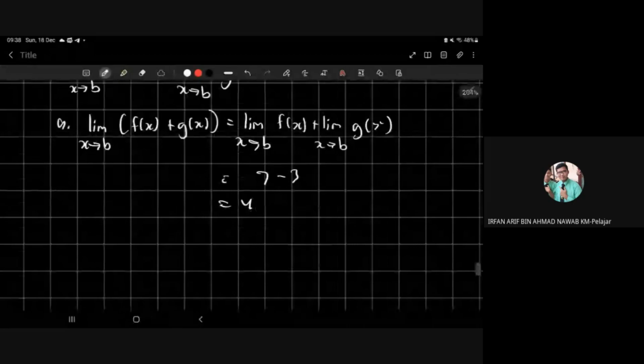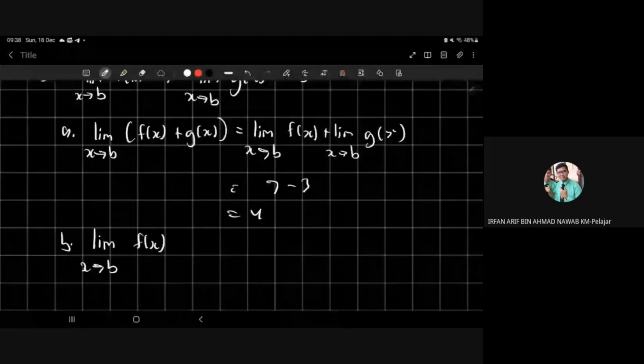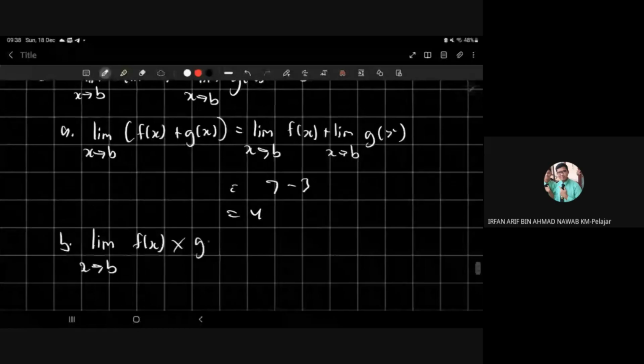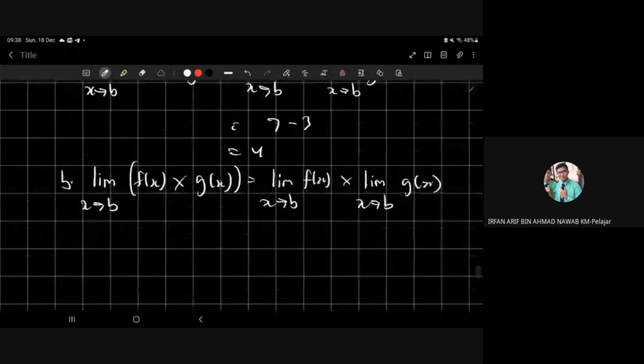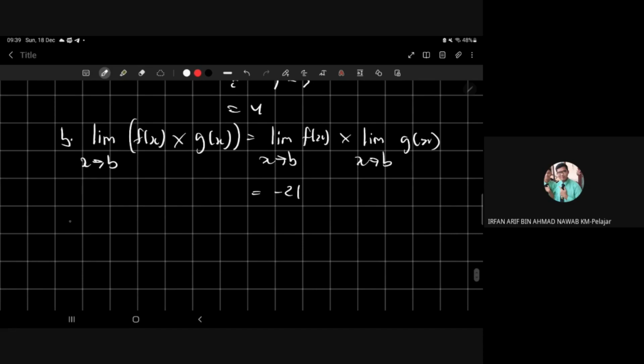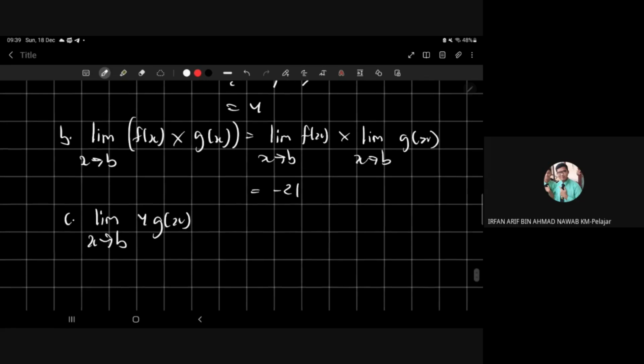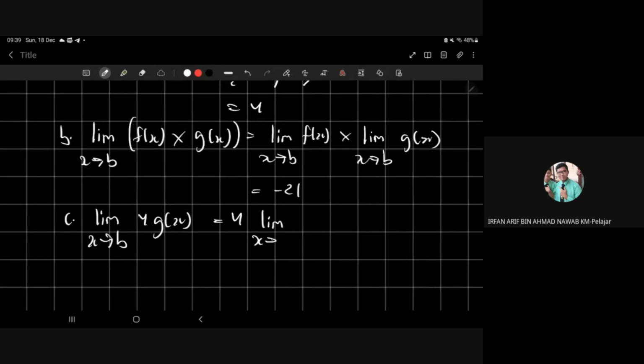Same goes for question B, where we multiply two limits, f of x multiplied with g of x. As usual, limit as x approaches b of f of x times limit as x approaches b of g of x. There we will get 7 times negative 3, which is negative 21. For question C, they give us a constant in front of our function, 4 times g of x. You could bring it outside like this, and then directly substitute as well,